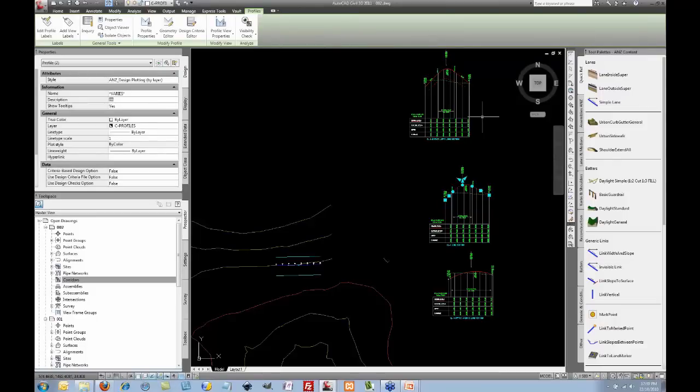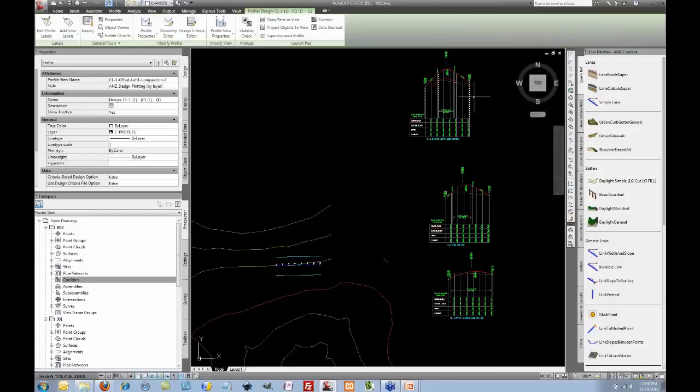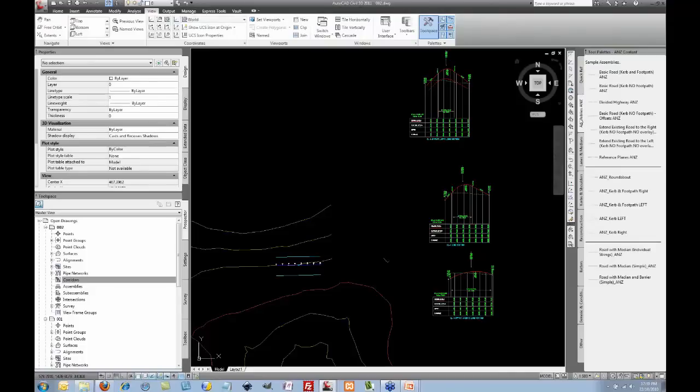useful. But the limitation is that it's just doing a straight grade projection. You always want to project it at a certain crossfall. So I showed this briefly last week, but the webcast got a bit confused with bad web connections. I'll do it here very quickly again. In the standard assemblies which come with the country kit, there's one called Reference Planes A and Z. So I bring that in,